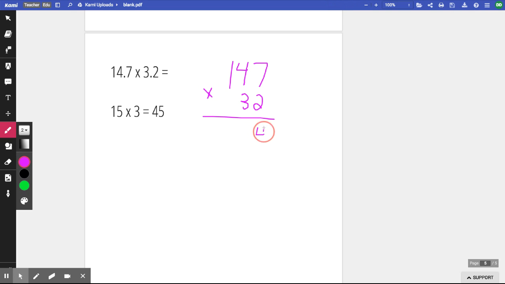7 times 2, 14. Carry my 1. 4 times 2 is 8, plus 1 is 9. 2 times 1 is 2. Placeholder 0. 7 times 3, 21. 3 times 4 is 12, plus 2 is 14. Carry my 1. 3 times 1 is 3, plus 1 is 4. So I have 4,710,